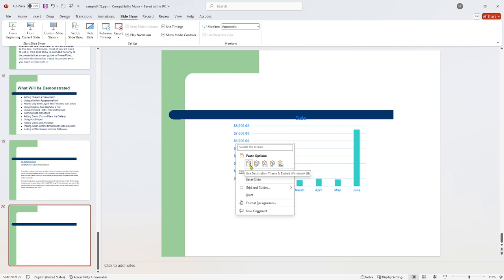Alternatively, perhaps the original design of your Excel chart is exactly how you want it. In this case, the Keep Source Formatting and Link Data option is your best bet. This option keeps the original Excel chart's formatting intact, which includes all colors and fonts just as you designed them in Excel. Furthermore, it still links the chart to your Excel data, ensuring any updates in your dataset automatically reflect